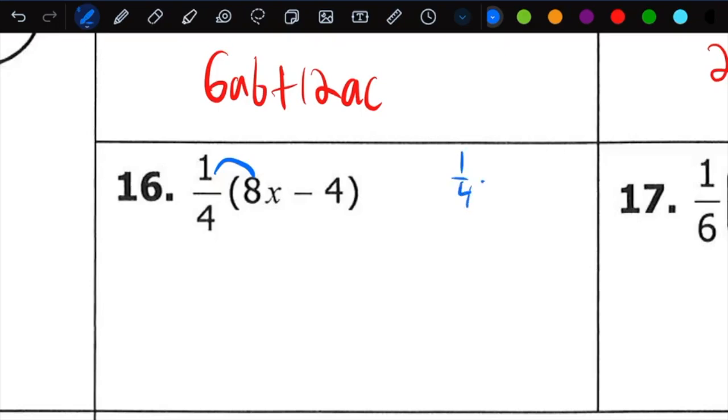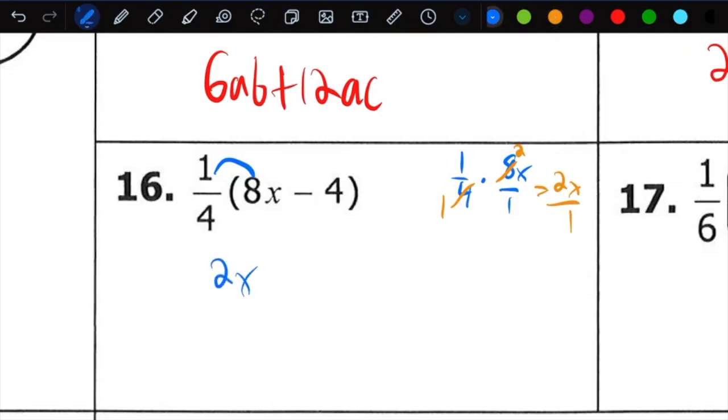So I'm going to do 1/4 times 8x and put that 8x over 1 because anything is secretly divided by 1. It helps to make that second one a fraction now because we can see the numerator and denominator a little more clearly, and that helps us with cross reducing. Diagonally, 4 and 8x. 4 and 8 have 4 in common. And so 4 goes into 4 once, it goes into 8 twice, and so we multiply straight across and get 1 times 2x is 2x over 1, which you don't even necessarily need to write,